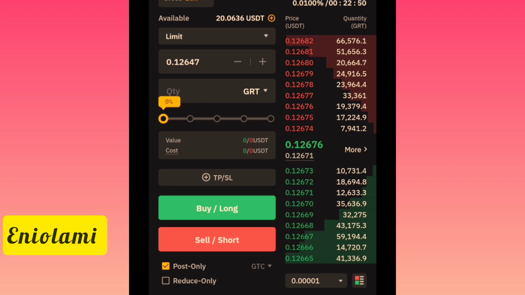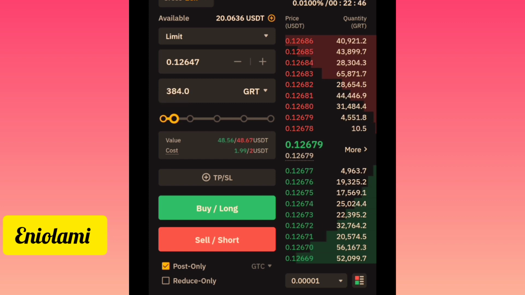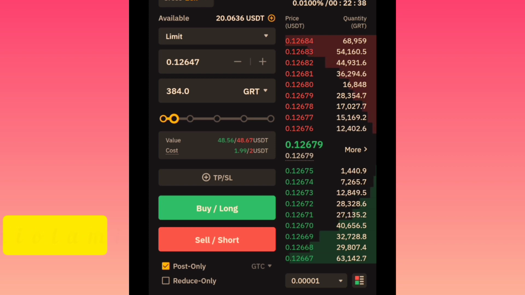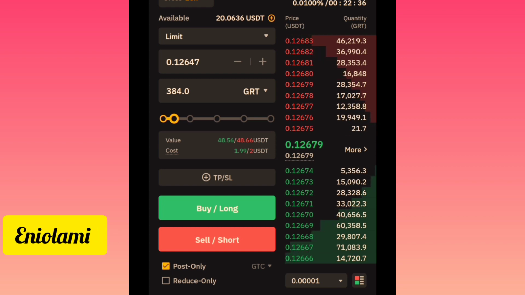Now I can reduce it to $1 and still have $48.56. But one thing about this leverage is, the higher your leverage, the higher you earn in terms of profit, and the higher you lose when the trade goes against you. As interesting as this leverage looks,